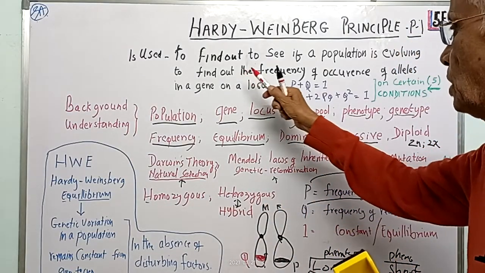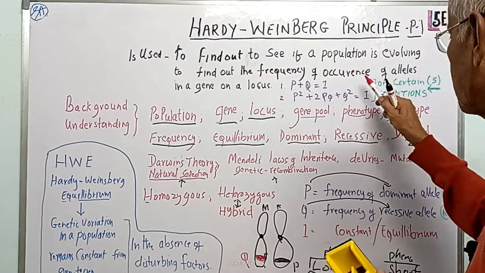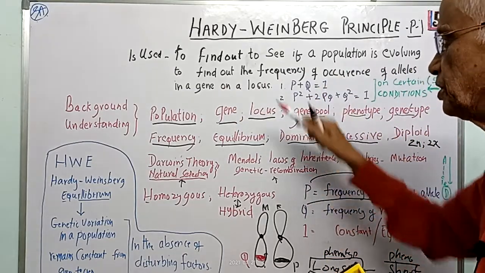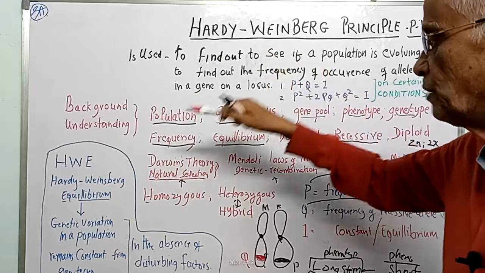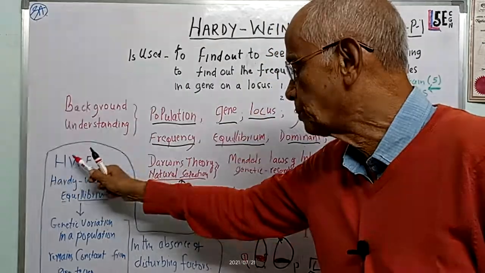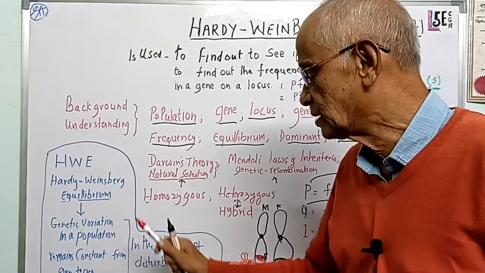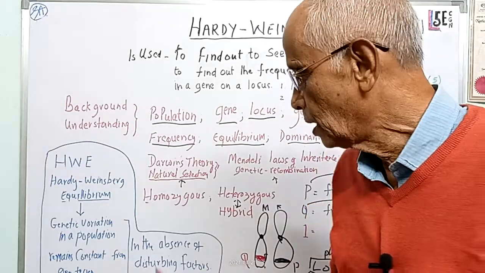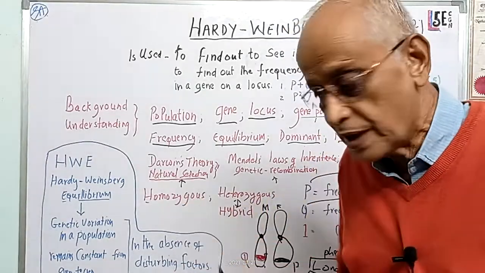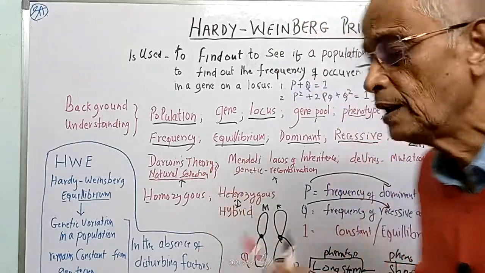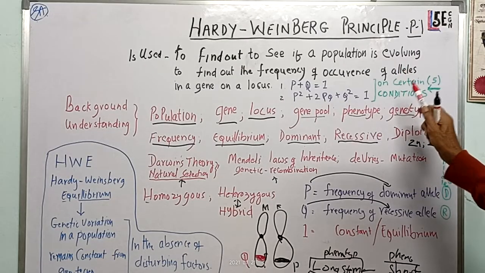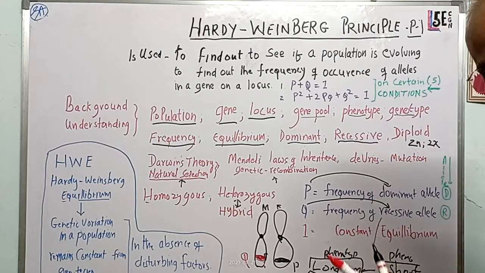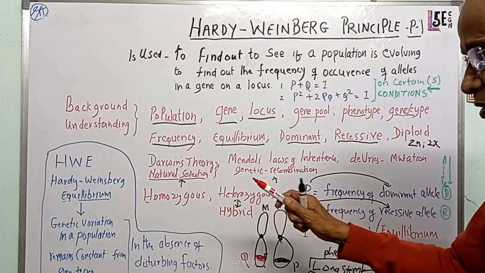It will also help us find out the frequency of occurrence of the alleles of a gene at a locus. When you apply these two, we get the Hardy-Weinberg equilibrium law, which tells that the population will be in equilibrium. There will be no genetic variation when 5 conditions are met. What are those conditions, and how the conditions change anything, we will talk about in the next session,